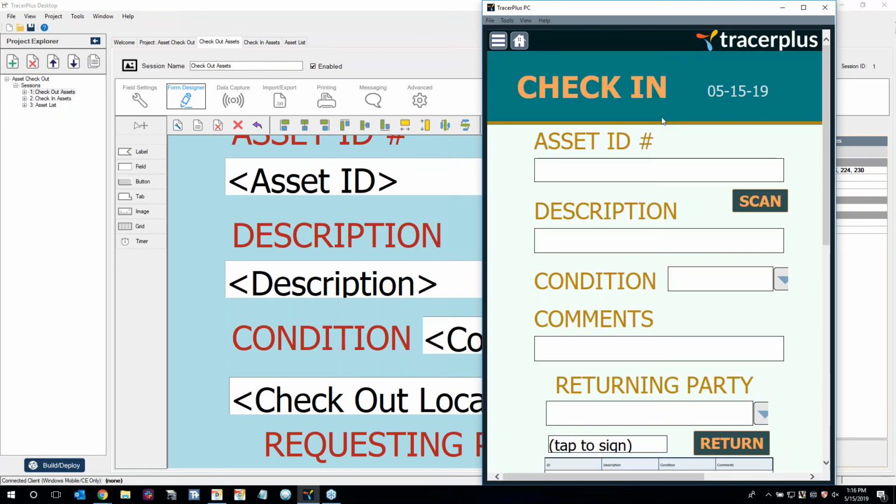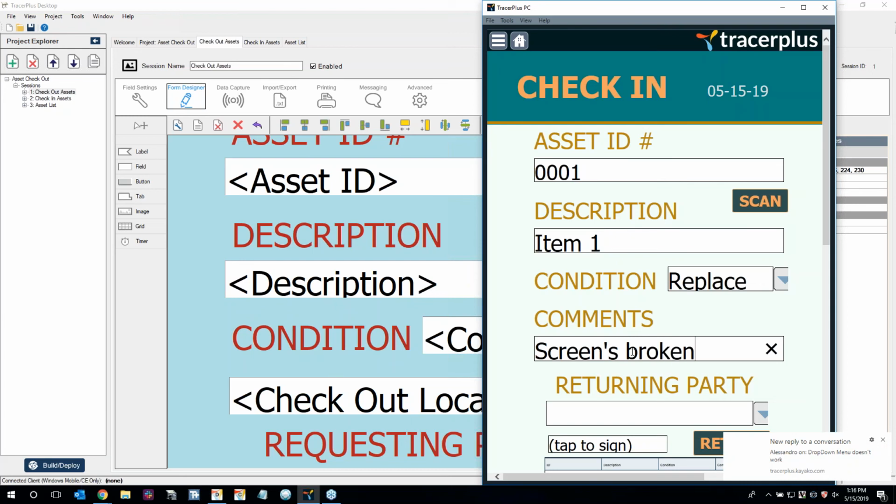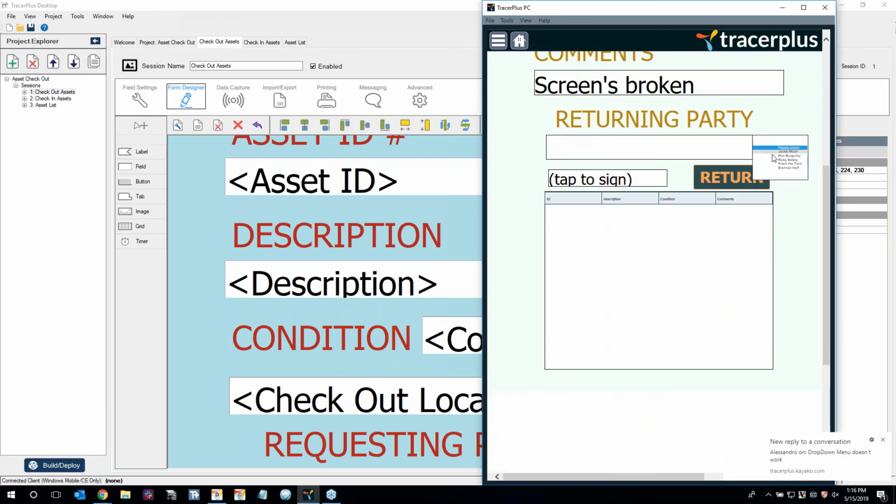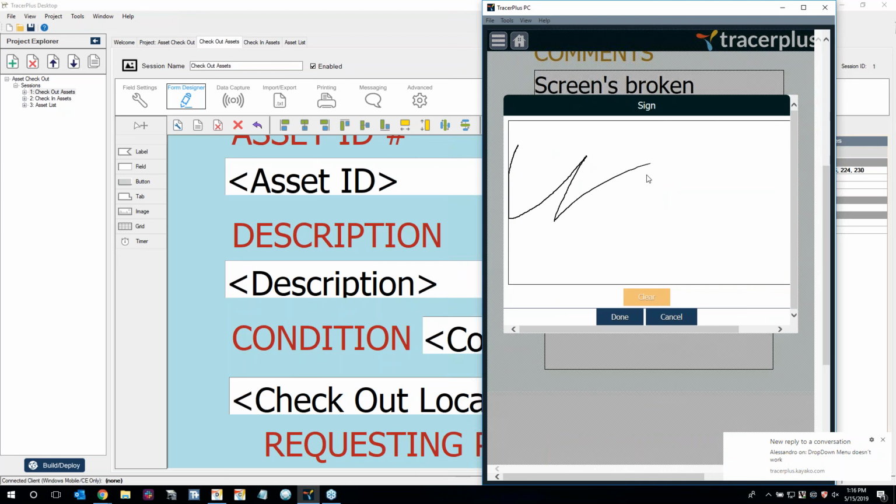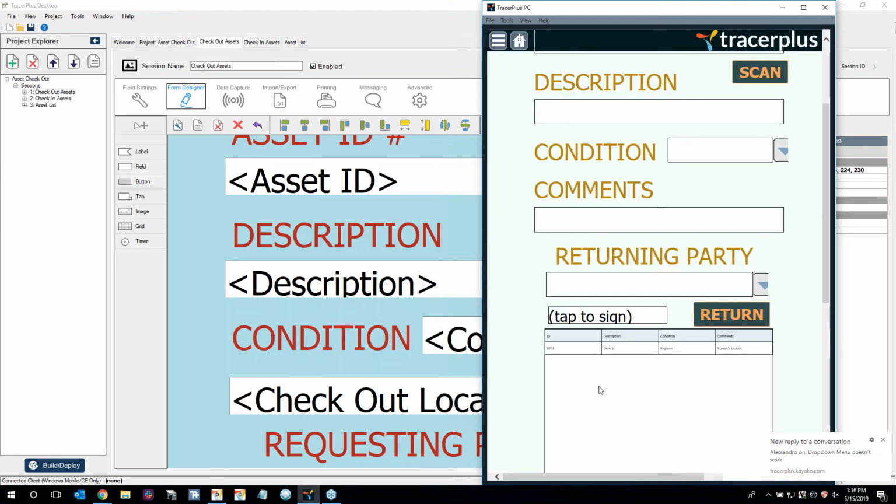So this is going to function in a very similar fashion to the check-in. In this case, all I'm going to do is scan it again. It'll pull up our description, and now that we're doing our check-in, maybe it's been damaged beyond repair since it's been checked out. So we'll say, let's replace that. Comments, I don't know, screen's broken. And we could say that same person checked it in, and we'll go ahead, do our signature, and now we can see that this item has been checked back in, but it's in a slightly worse condition than when we